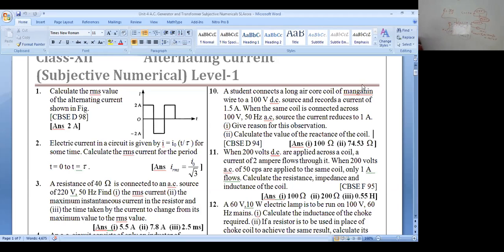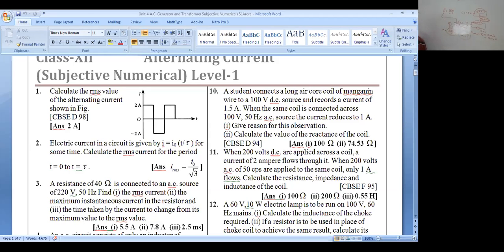See the difference: in case of AC, the reactance part, the inductive part, comes into picture, whereas in DC there is no reactive part. Although it is there, it's 0 in case of DC. During the transition period, for a very small time, a millisecond or so, reactance comes into picture, but in DC only resistance is there, while in AC both resistance as well as reactance.